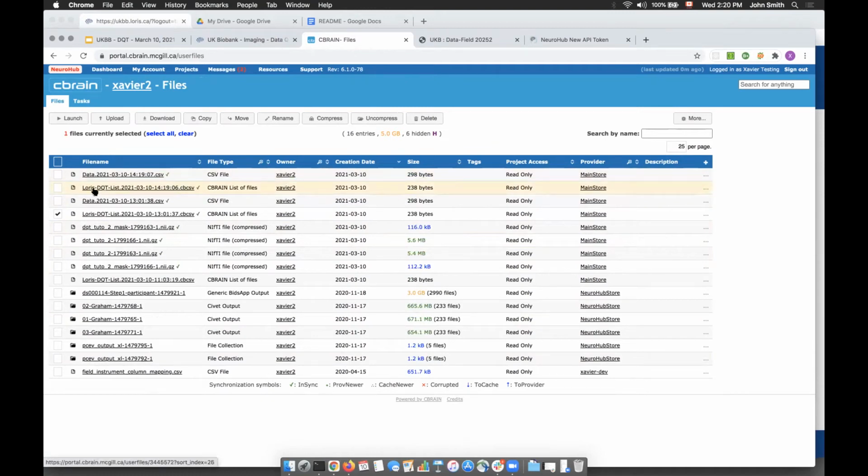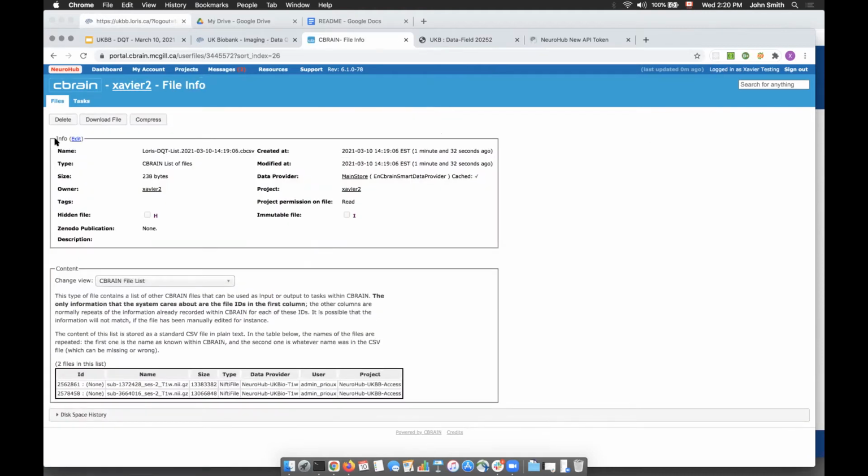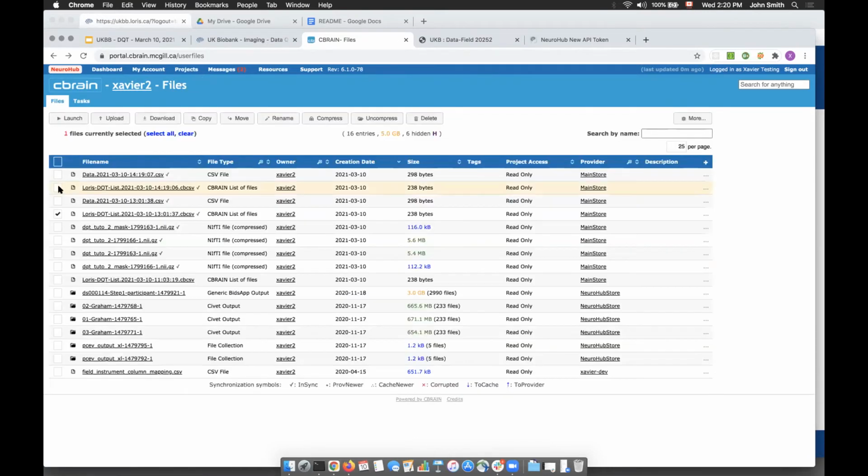So this is my NeuroHub list. Oh no, I don't have to click, sorry, my mistake. I'll go back, select the right file, and then click launch.